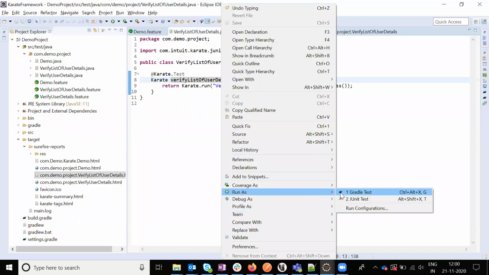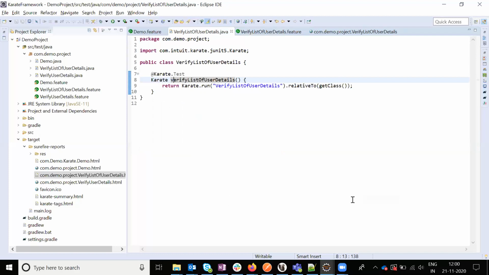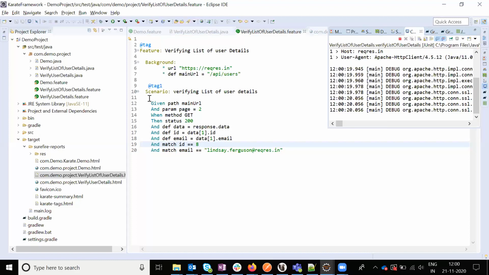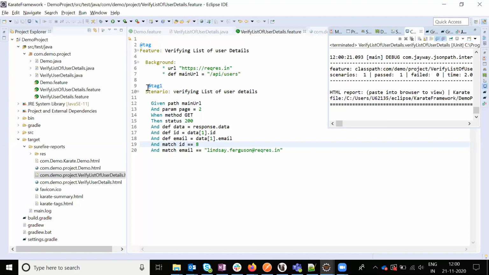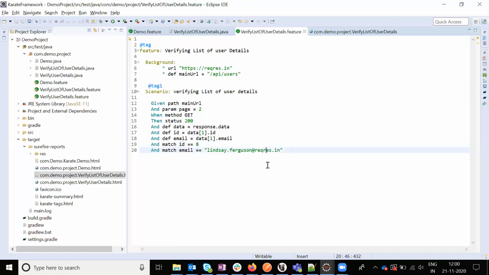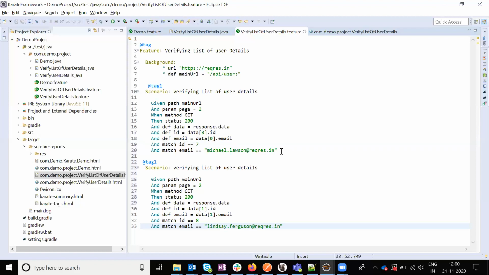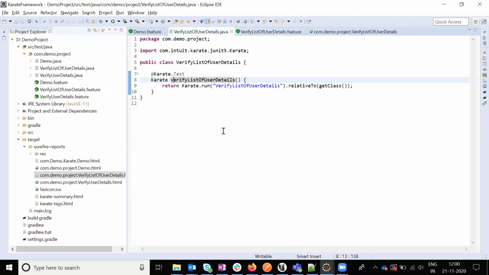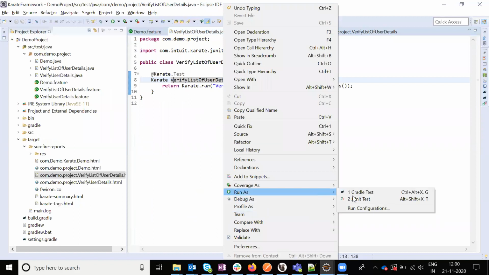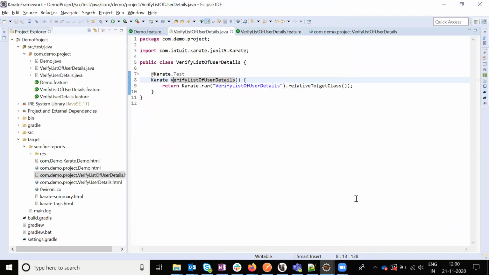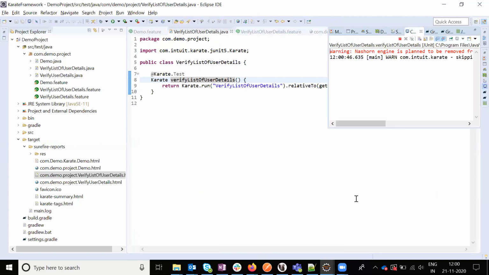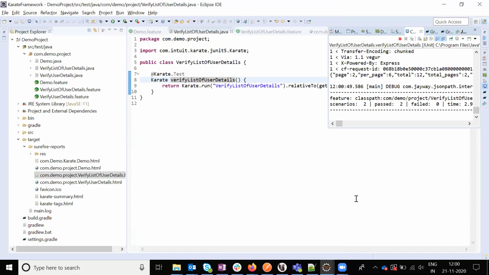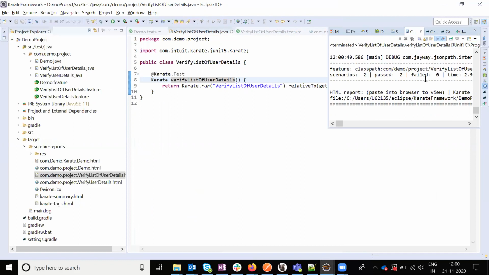If I run this one, it will pass. See the same content. If you want the second set also verified, just need to change it. Two sets in one run will pass, nothing different. It will pass and showcase the two values. See, this is the pass scenario content, right?